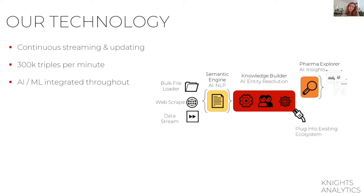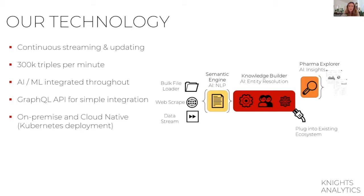It's worth mentioning that the engine that powers our Pharmaceutical Insight Explorer is the same engine that we utilize when we help organizations to build their custom knowledge graphs in-house. We also do on-premise and cloud deployments using Kubernetes. We're horizontally scalable, and something that is really exciting is that we also have ongoing